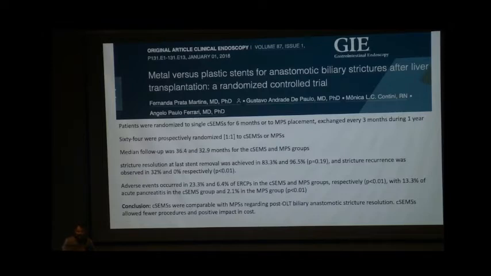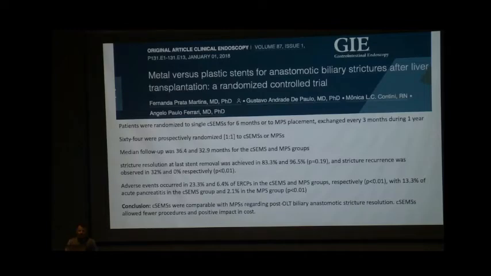Again, they had two groups of patients: covered SEMS for 6 months versus multiple plastic stent placement, and multiple plastic stents were exchanged every 3 months during a period of 1 year. So it was prospectively randomized in a 1:1 ratio, and median follow-up was